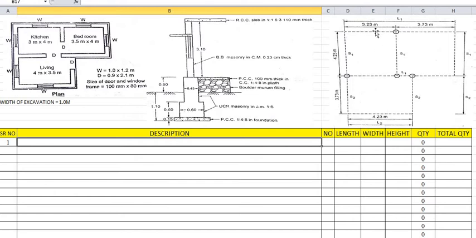We can consider individually also the long wall, but as it is along the same line, we are adding 3.23 plus 3.73, and we will consider this complete, from this end to the last end, as one long wall. So how many long walls are there? After this addition, L1 will be of 2 numbers.